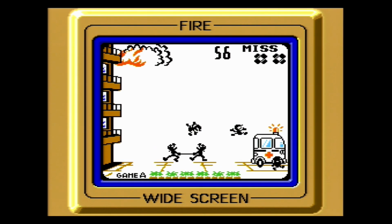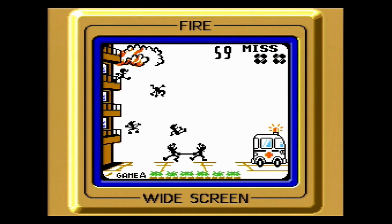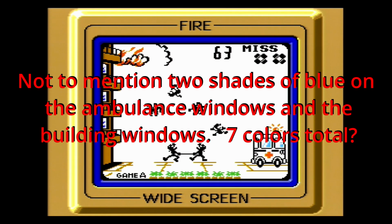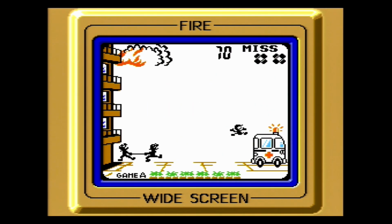It's got an orange light on top of it and the orange fire up in the top corner. You got the green bushes at the bottom. You've got the brown buildings on the left, and on top of that, the black moving characters represent the segmented LCD on the old LCD display, the black parts that would actually move, but altogether there's more than 4 colors